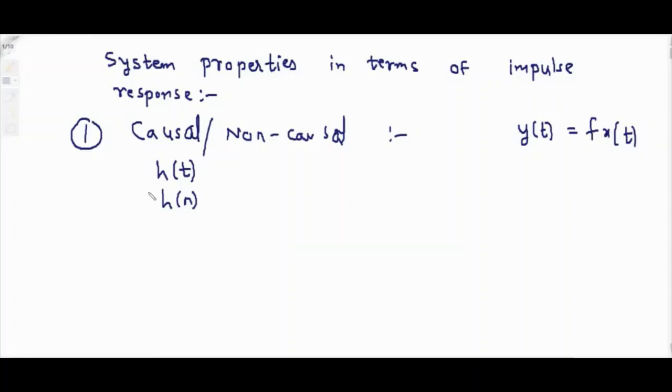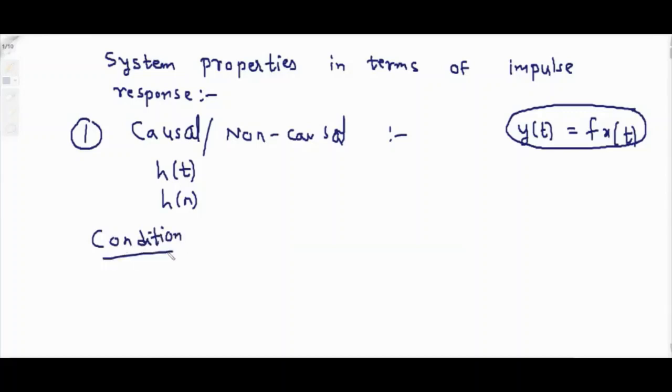Okay. Then first of all, what is the definition of a causal system? The system in which the output depends on the past or present value of the input is called a causal system. This definition will be given in unit number 1, and from that we give the answer causal or non-causal. From unit number 2, h of t will be given, and from that we will say whether the system is causal or non-causal. So we have to check a condition, and from this condition we will say whether the system is causal or non-causal.